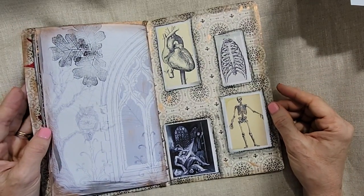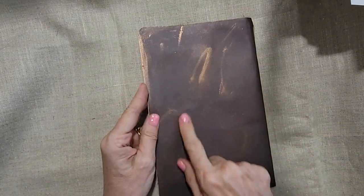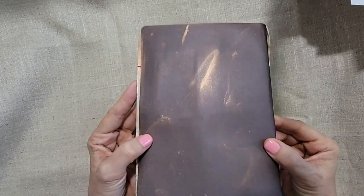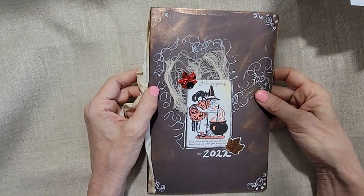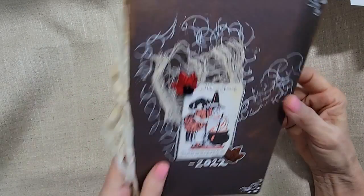And yeah, so that is that. I also accented the cover with some copper gilding just to give it a little more sparkle and mystery. So there you go. That is this little booklet. Very easy to make. Anybody can do that. Now for the